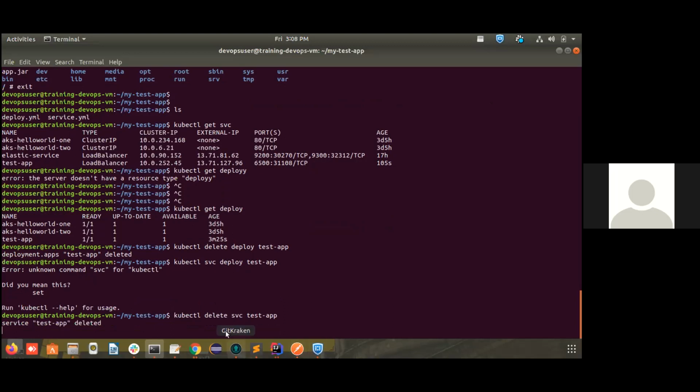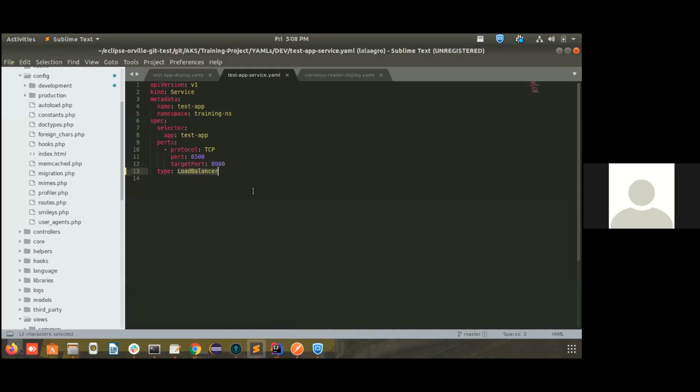Now we will try the same thing with the Azure pipeline. So this is how basically you will deploy an application in the Kubernetes cluster using kubectl commands. Pretty much simple, right? Any doubts here? Next, we are going to deploy it using the Azure pipeline. The only thing that will change is the service type. You can use the load balancer itself for deploying using the Azure pipeline. It doesn't have anything relating to that, but as we have already experienced what a load balancer is, I suggest we just go for the cluster IP itself.